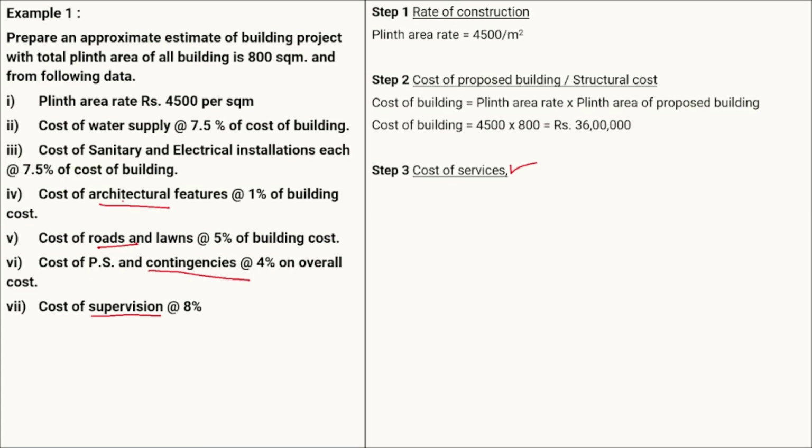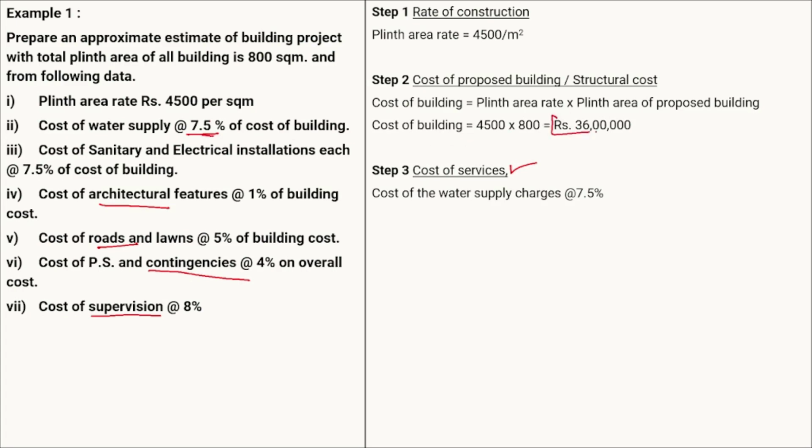So anything other than the contingencies and the supervision should be taken as services, and those particular percentages should be taken as a cost of the building. Whatever the percentage of the services is, that percentage should be taken on the cost of the building. So for the water supply, it is 7.5%. So the cost of the water supply at 7.5% will be equal to 7.5% of our building cost,